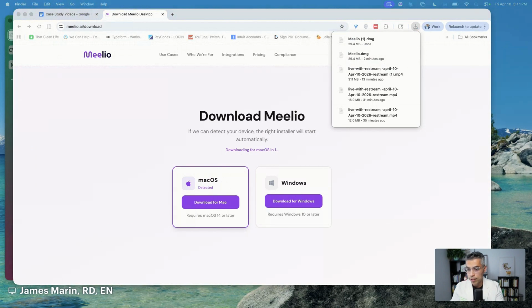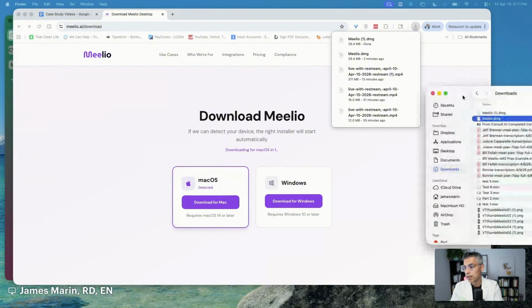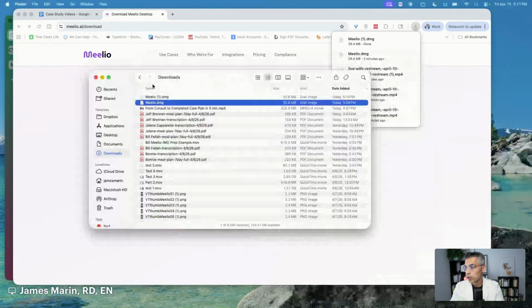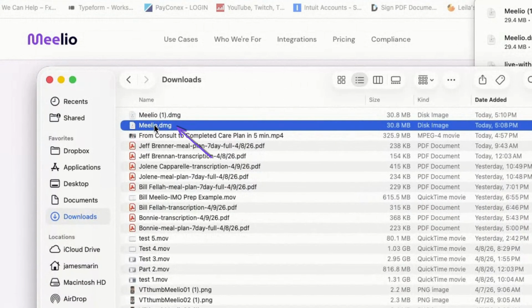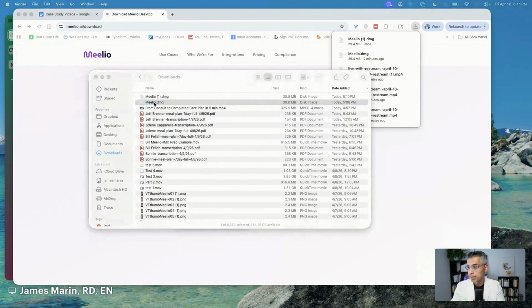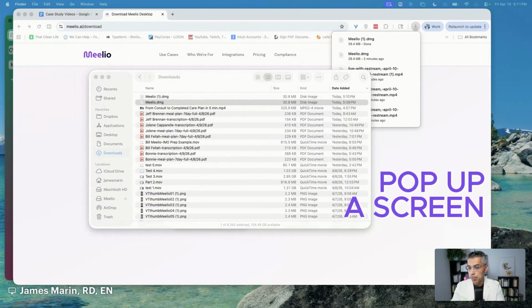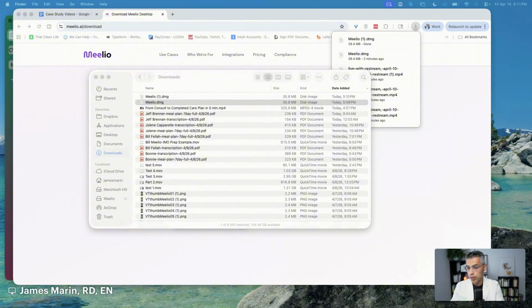I have a bunch of stuff here, Meelio, and just double click. I'm going to put that over here. All right, so you're going to go into your download folder here. I'm running a Mac and running OS. PC might look a little bit different, but not too different. You go into Meelio here, double click, and it will begin to pop up a screen where you can